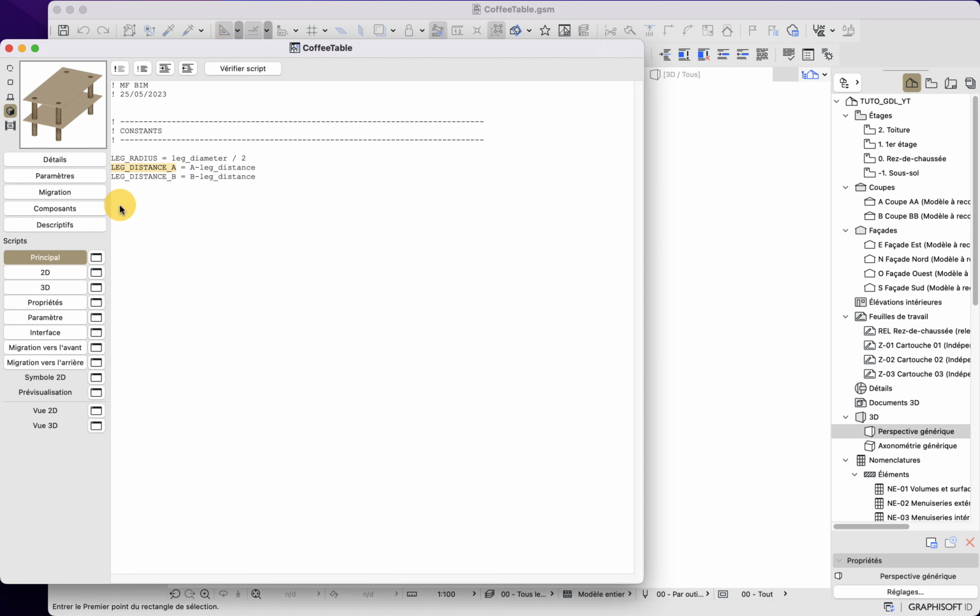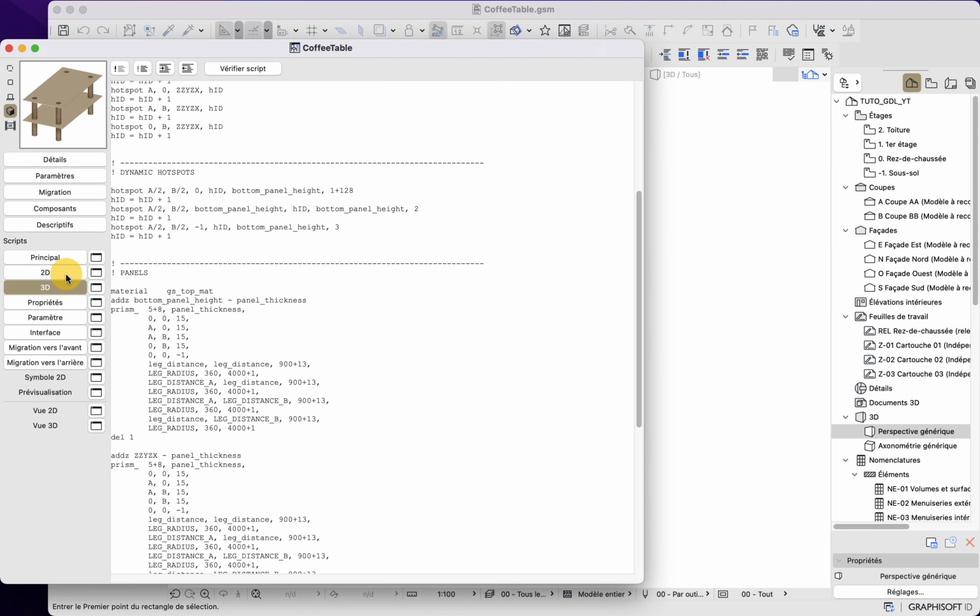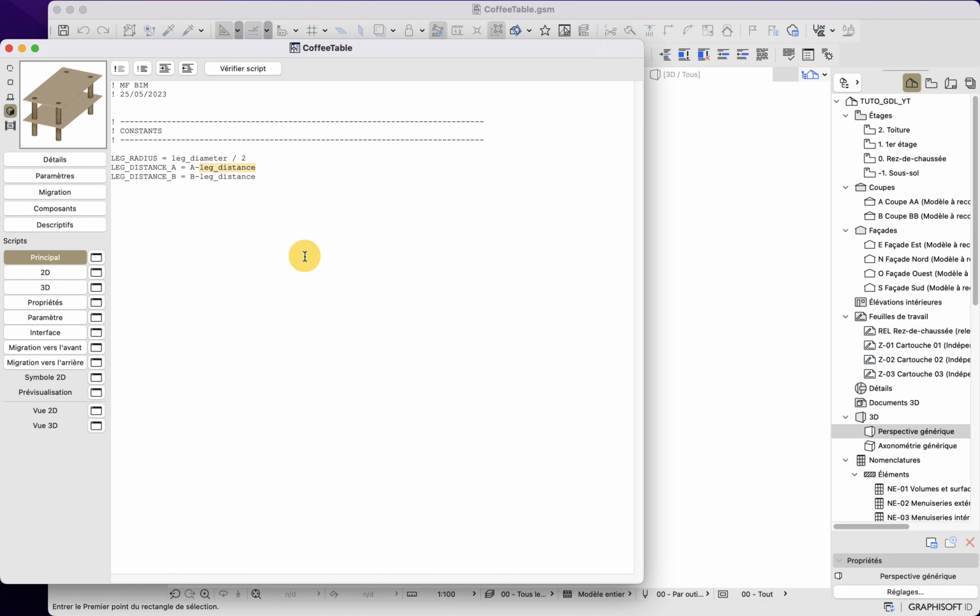Because, for example, if I want to change the code now, I can simply change it here in the formula, and then it will impact both of our scripts. So this is good for this constant here.